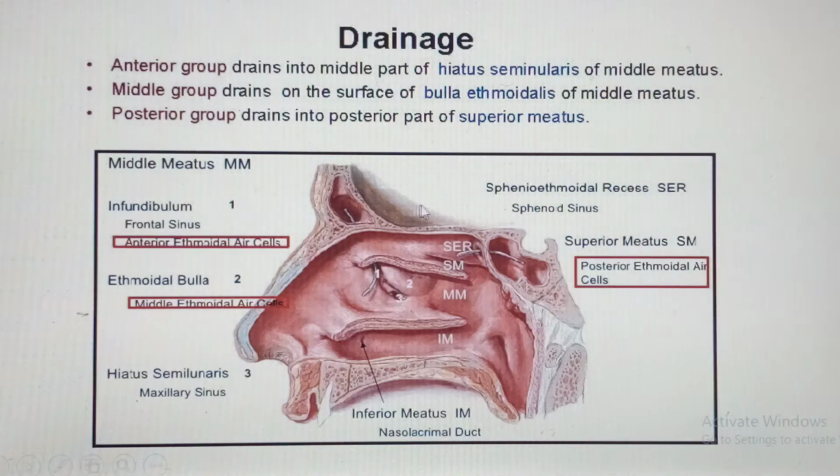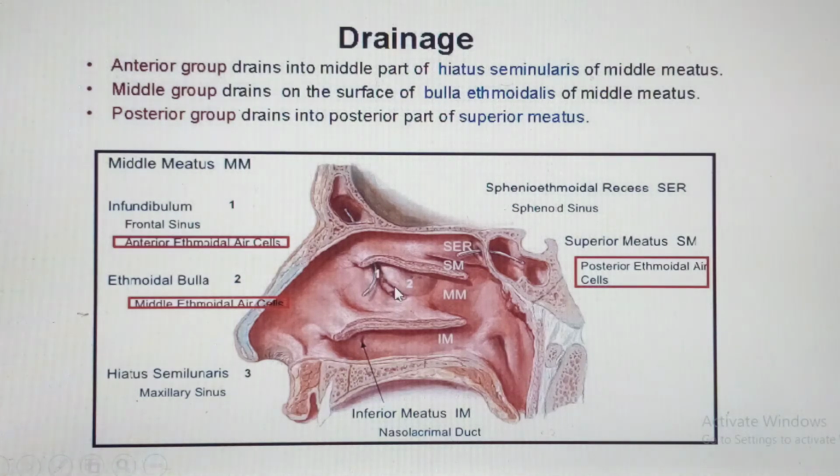Now, the ethmoid also bears what you call anterior, middle, and posterior ethmoidal air cells. The posterior one is very close here, so it is draining directly into what we call the superior meatus, over here, into the superior meatus. Then I told you that in the middle meatus, I've removed what we call the